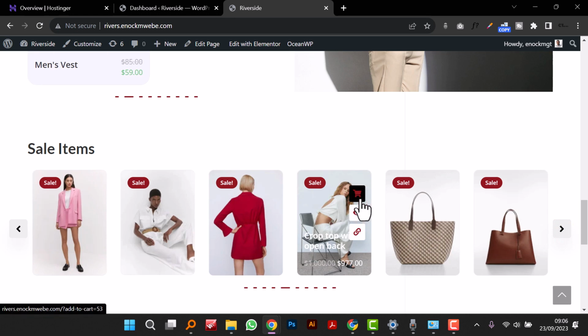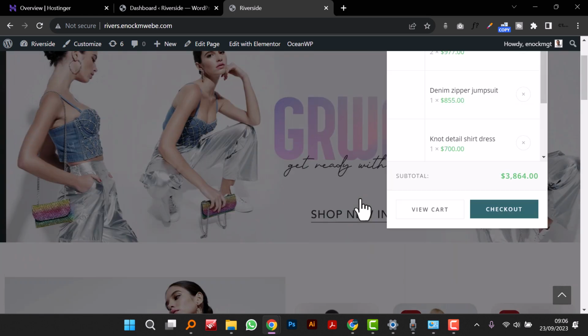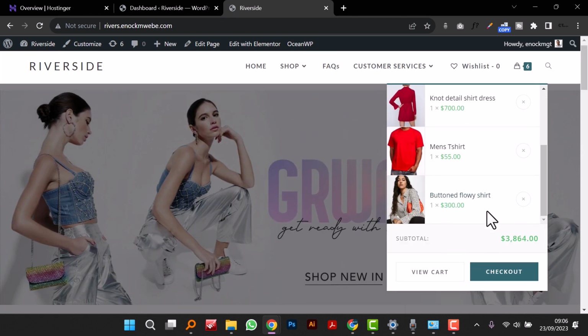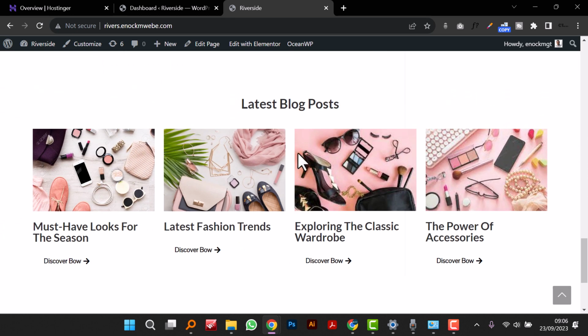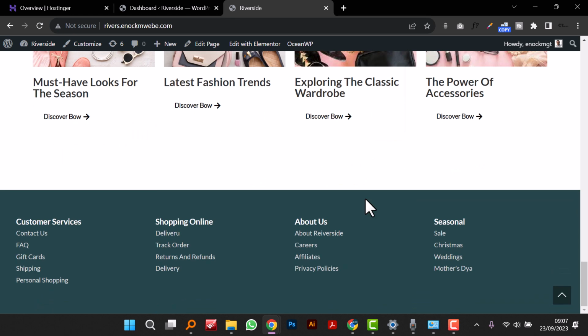And when someone clicks the cart button, the product gets added to the cart, as you guys have just seen. And below that we have some blog posts, as you guys can see, we have 4 of them. Just under that we have a custom built footer that I'm going to show you guys how to create